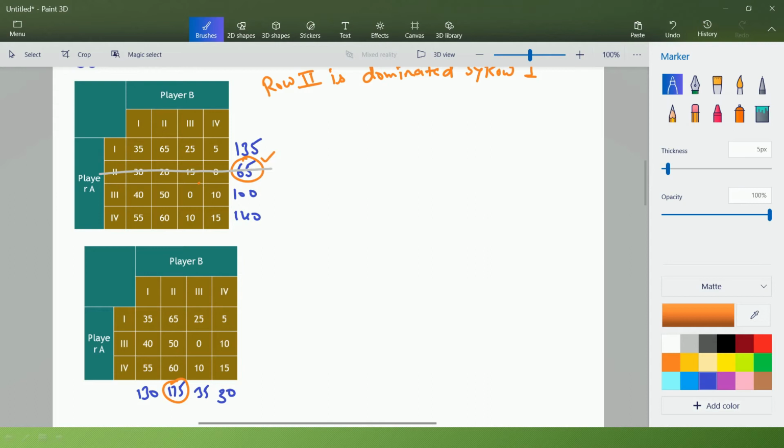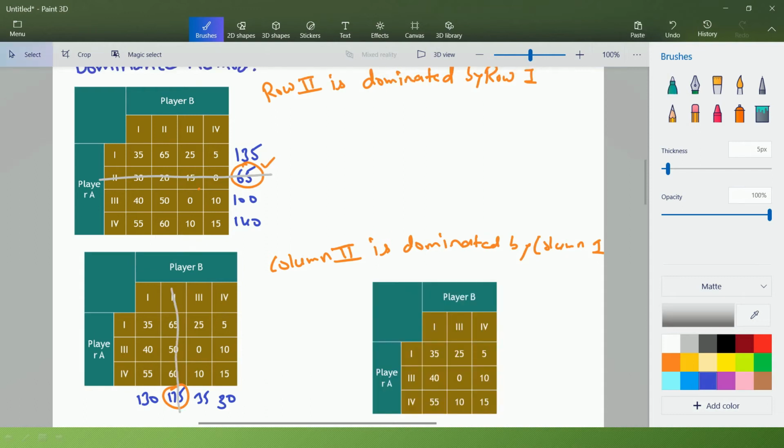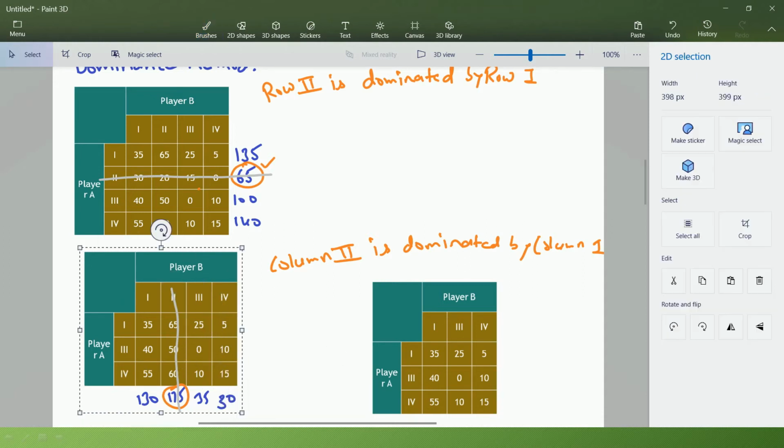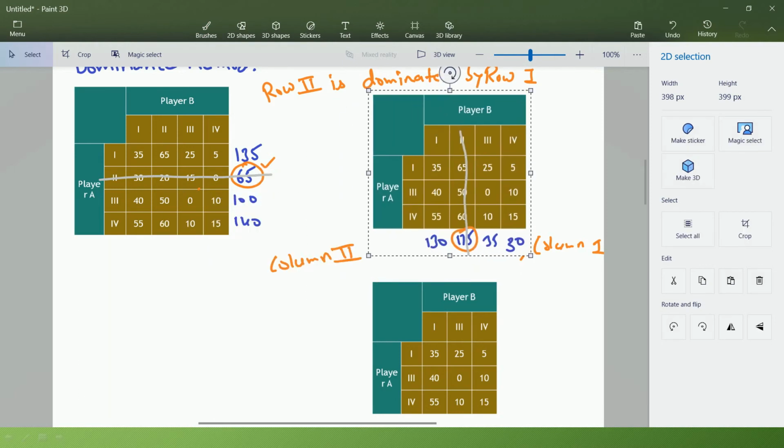That means column second is dominated by column 1. So we will delete this column. After deleting this column, we will have this payoff matrix.